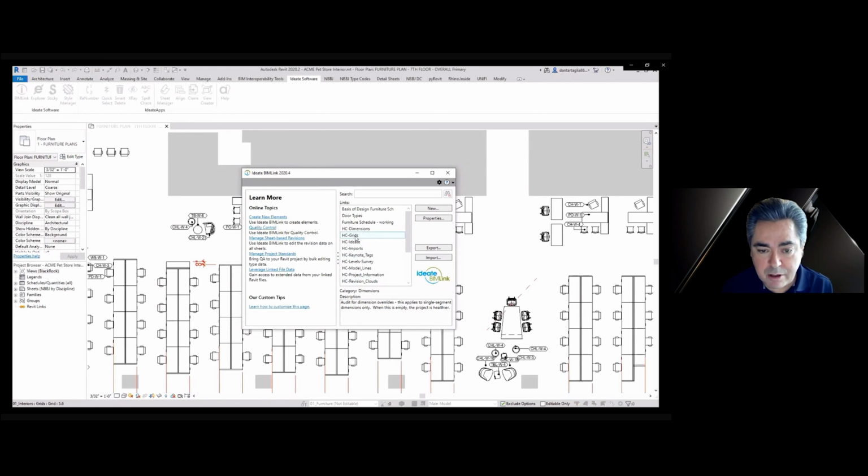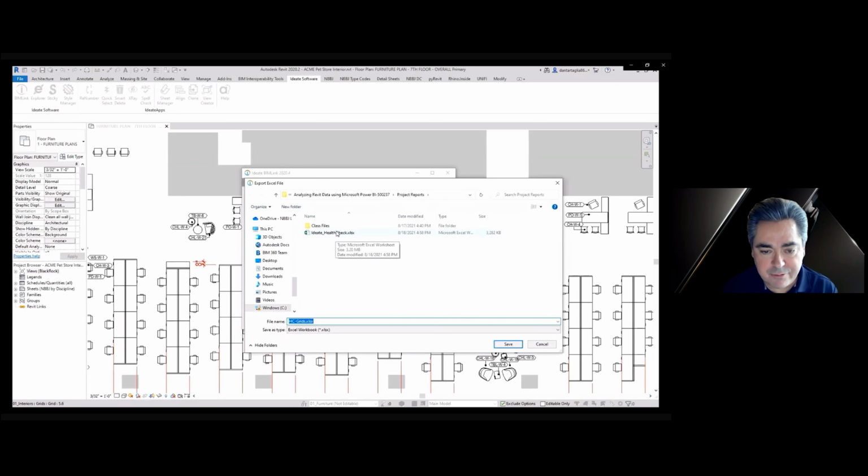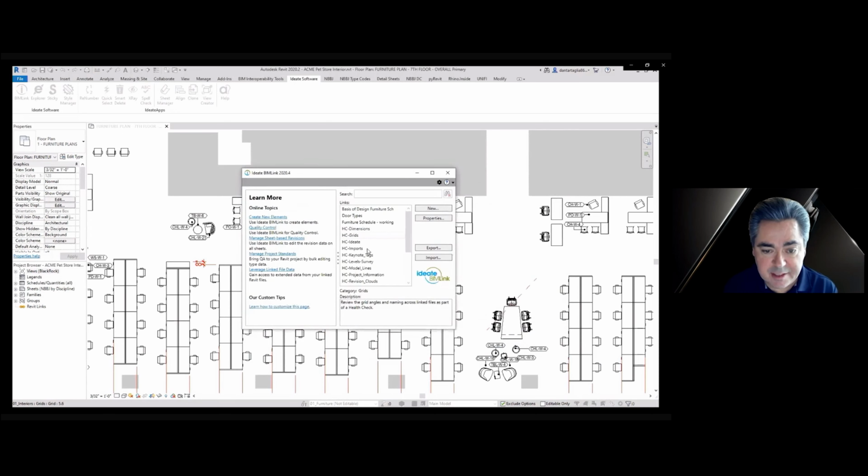So we have to do it for each one of these 10 HC- files, which would take a long time if you did this in the real world. Each time you got to pick that template file to save the data into it. There's two of these HC files that take longer than others. Typically, one is HC-ID8 and the other is HC-Views, a little bit down further.